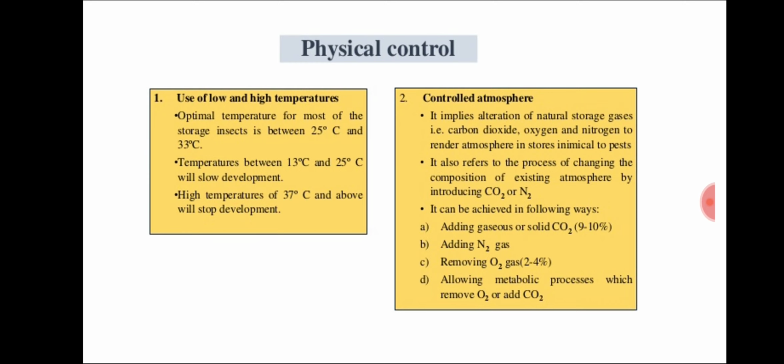Controlled atmosphere. It implies the alteration of the natural storage gases like carbon dioxide, oxygen and nitrogen to render the atmosphere in the store minimal to the pests. It also refers to the process of changing the composition of the existing atmosphere by introducing CO2 and N2: adding N2 gas, removing O2 gas, adding carbon dioxide, and metabolic processes which remove the O2 and